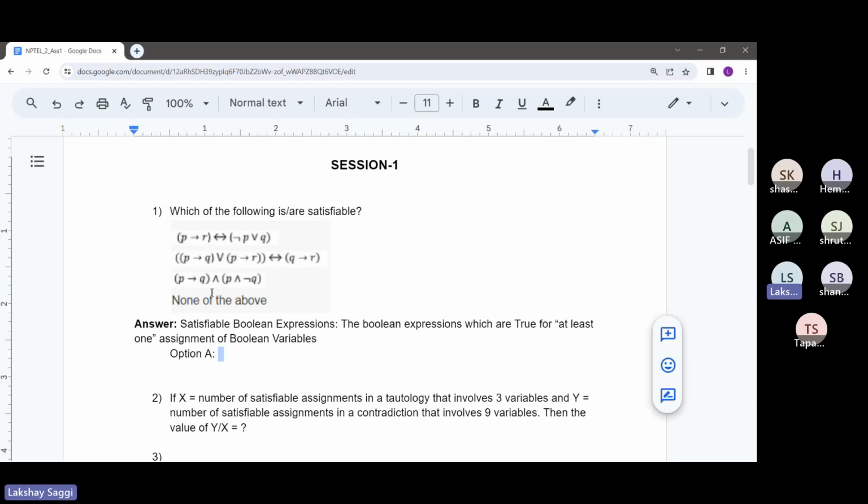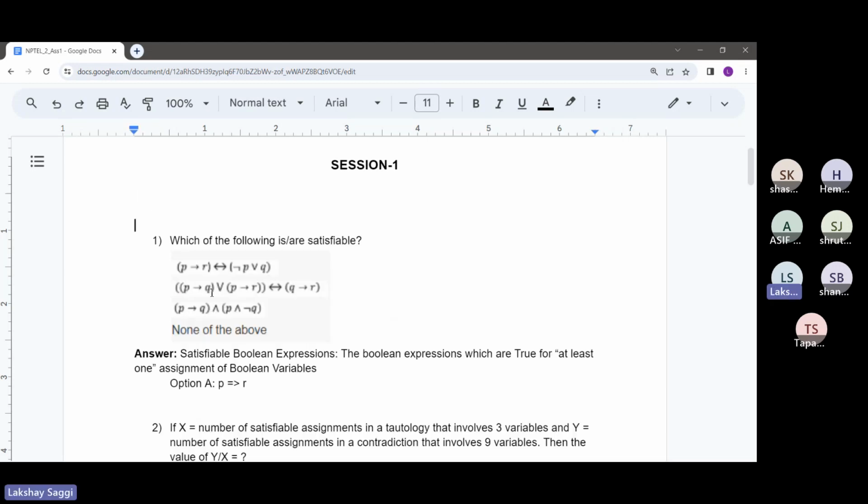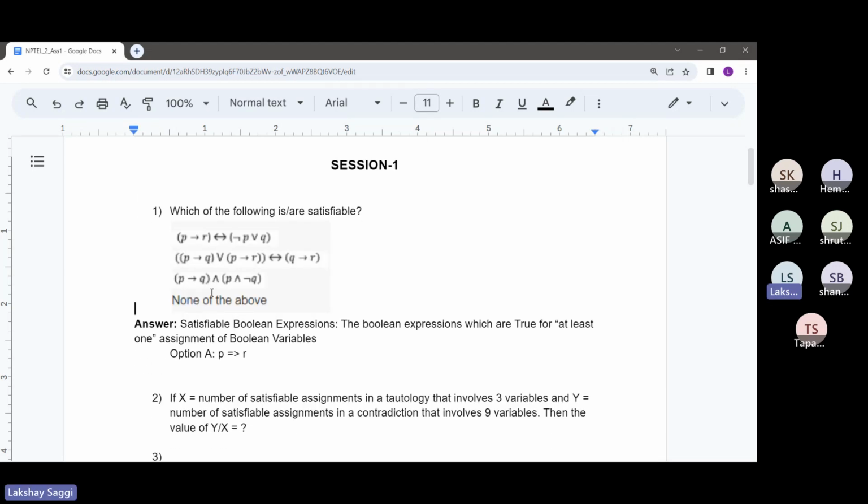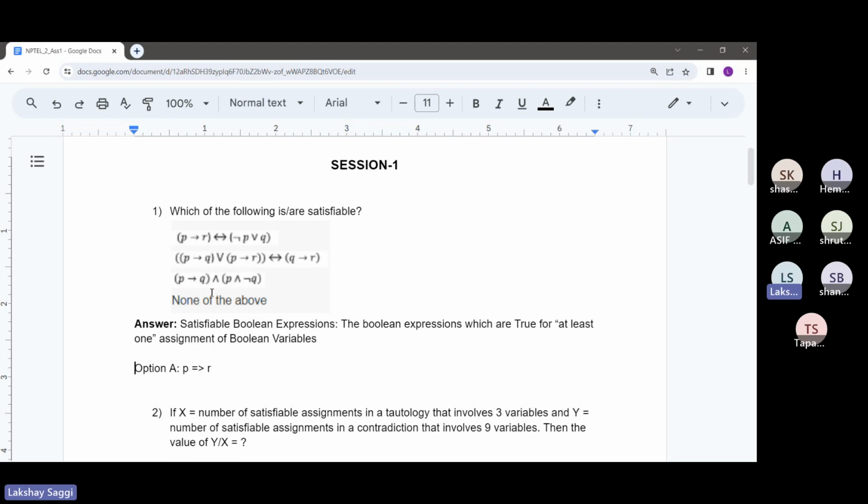Okay, so maybe I'll try to answer, and if you guys come up with some solution, you can type in chat along the way. So I'll just write this option again. I'll be using a bit different notation. So let me just familiarize you guys with a bit of notation which I'll be using. The questions have this sort of notation, I'll be using notation of this sort.